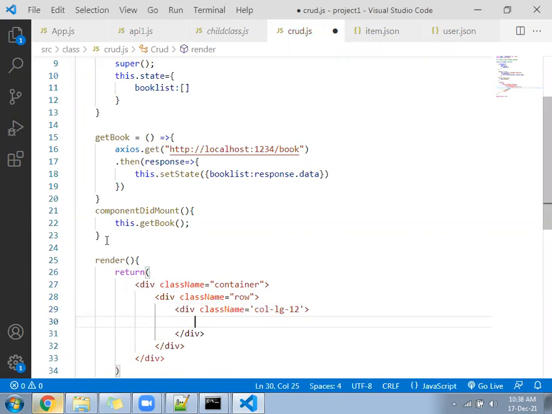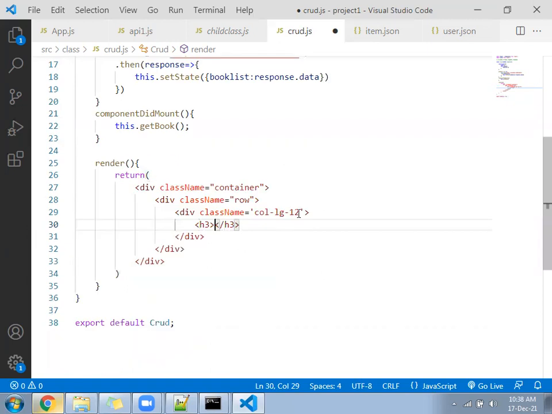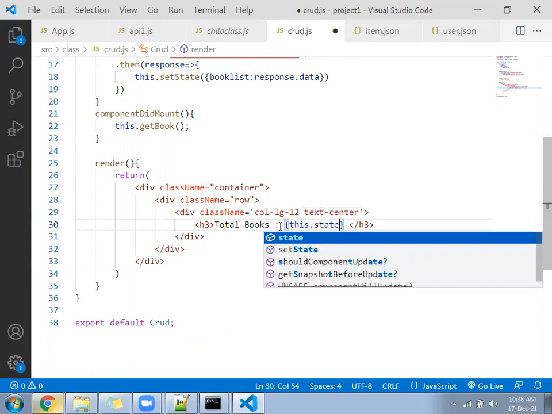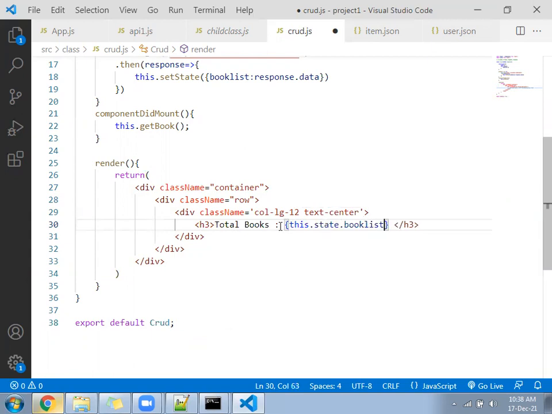Inside the 12, use h3 with text-center. You will write here Total Books, this dot state dot bookList dot length.